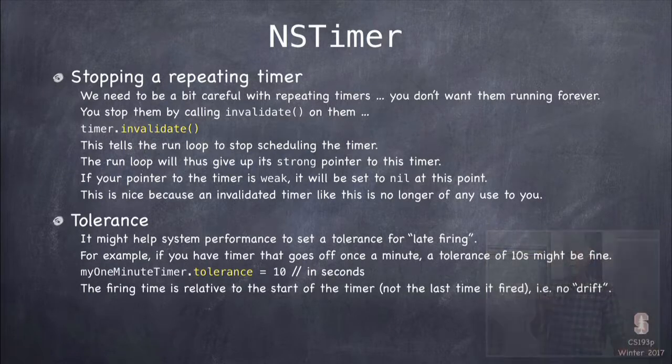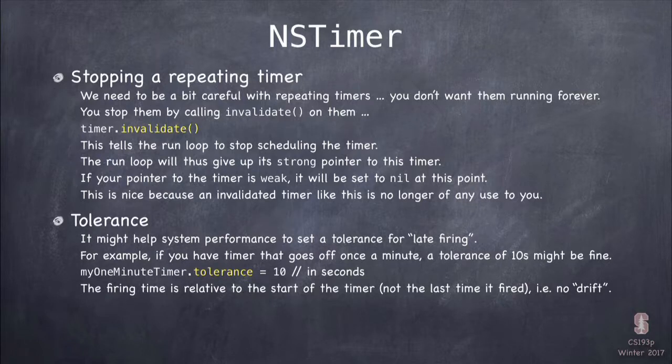There's one last thing I'm going to talk about with timers, which is tolerance. So this is not a real-time thing, and you might be quite tolerant of it not executing exactly on time. And this makes more sense for timers that take longer. Like, let's say you have a timer that goes off every minute and does something. Well, you might be happy if it goes off 50 seconds from now or 70 seconds from now. So you would set a tolerance of 10 on the timer, and it means it'll go off in the window plus or minus that 10.